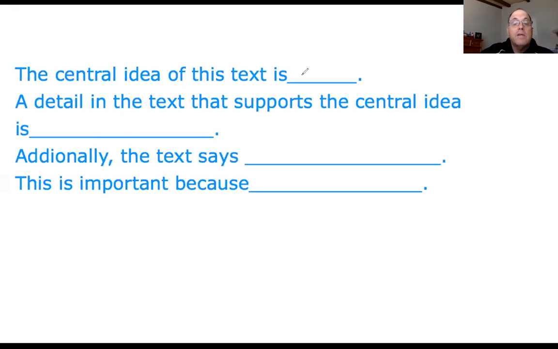so you find one detail of what the main idea of this text is. And additionally, the text says, this means another detail. And then you tell why that's important. And then to help know what the details are, okay? So then we're going to go back to the other screen. Let's see. Oh, sorry. I will stop sharing again and go back to my main screen, and we'll go over